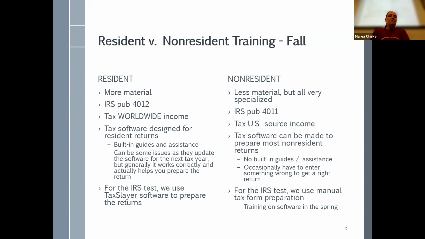I already kind of mentioned this. As a resident, you're taxed on your worldwide income. Non-residents are only taxed on their US source income, the money they get from here. The big advantage that residents have is that the tax software is designed for them. There are built-in guides and assistants that make it work easily and properly and like lead you to the next thing, and is generally a good